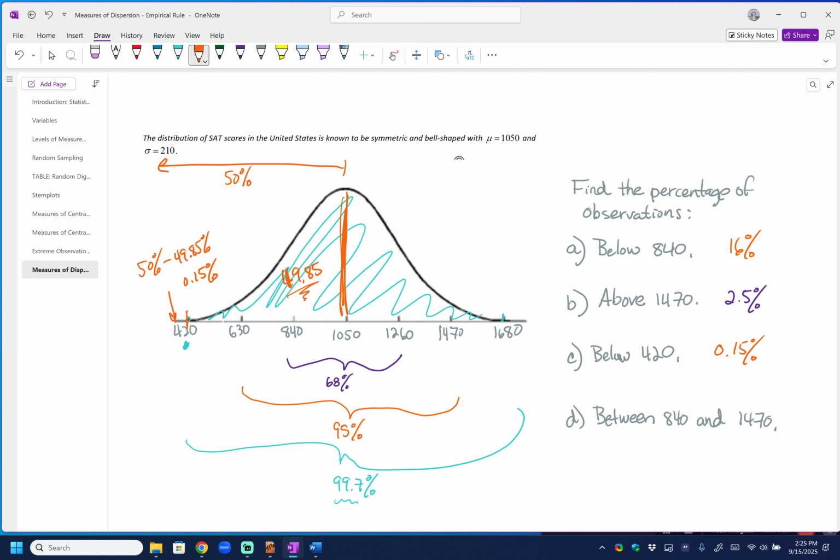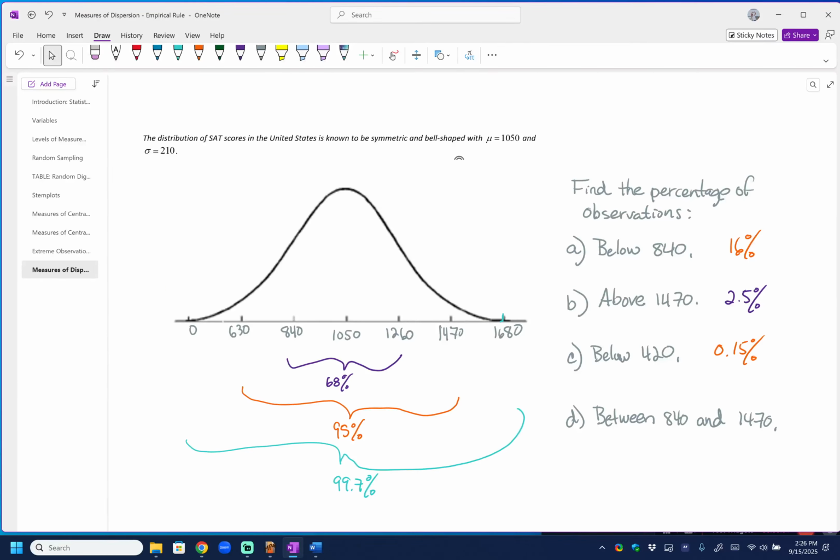I do want to reiterate that there are other ways to do this. And you might have noticed in A, B, and C, there might be a way that fits better in your brain. For example, let's look at A again. Below 840 represents all of this. Well, we also know that below 840 has to be the same as above 1260 because it's perfectly symmetric on both sides of this distribution. Remember, symmetric, right? So if we know what's here, which we do know, which is 68%, then we should be able to subtract that from 100%